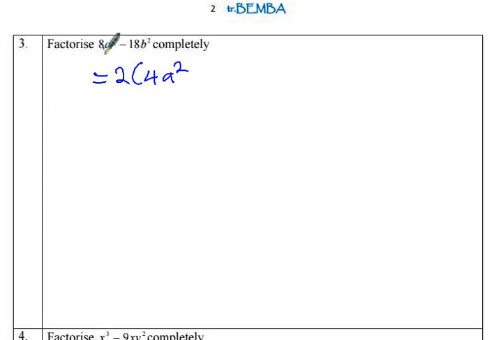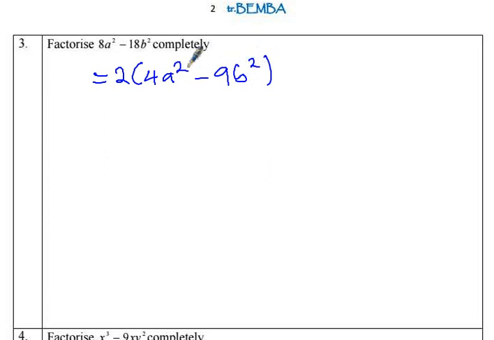2 times 4 gives me back the 8, minus 9b squared. 2 times 9 gives me back the 18. So 2 is common, that's why we have it outside here. Now after that common factor, the first one, which is a 2, I look at what I have in the brackets. And I see in the brackets I have 4a squared, I have a minus sign, I have 9b